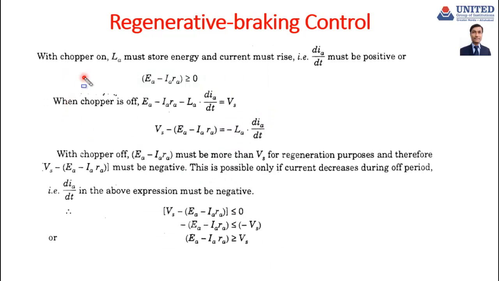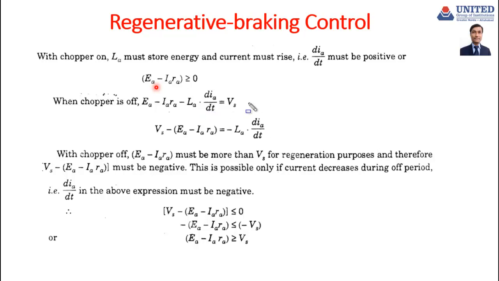With chopper on, La must store the energy and current must rise. That is, the rate of change of armature current must be positive. Therefore Ea minus IaRa must be greater than or equal to 0. And when the chopper is off, then Ea minus IaRa minus La into d by dt of Ia is equal